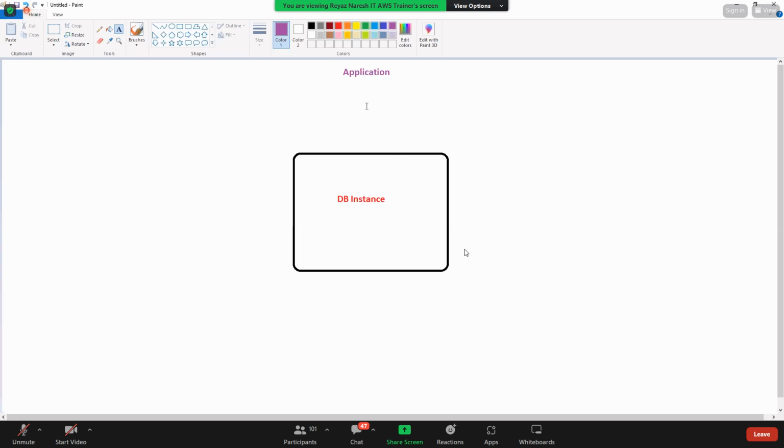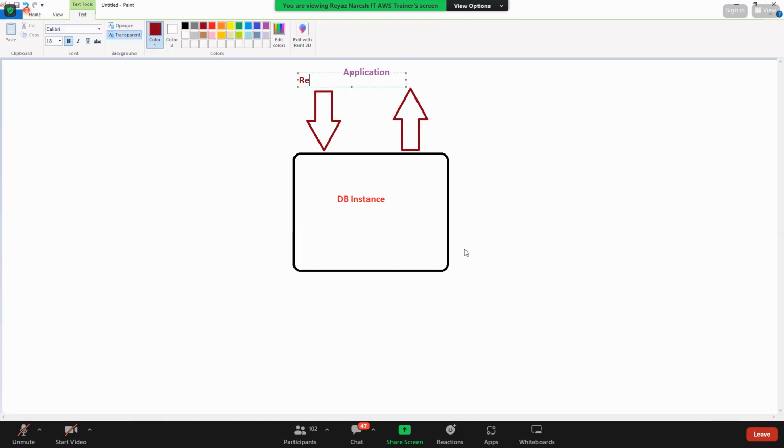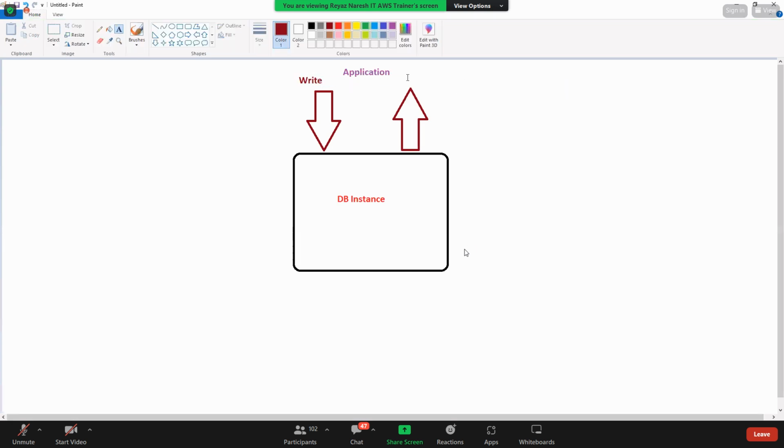Okay, so see here, we have a DB instance and then we have application. So generally, what is the scenario? You have your applications. Your application will be connected to the database. That is a very normal, common scenario. Correct? You have application, and application will be connected to your database. So what does the application do? Application will go ahead and write on the DB, and also what does it do? It reads. Read and write. So it will read, it will write and then here read.